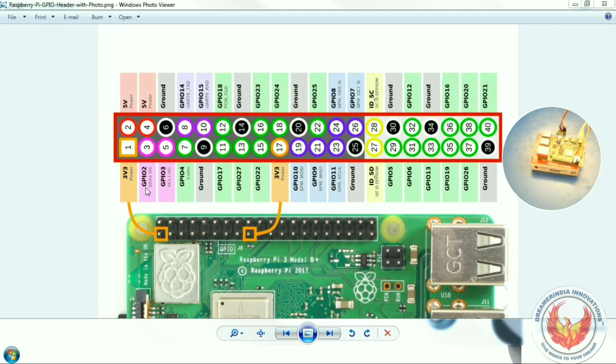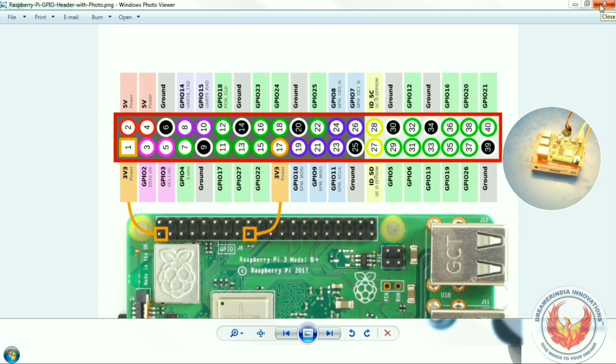And here you can see GPIO 2 and GPIO 3, right? These are SDA and SCL, along with ground. We need to connect the SDA of the sensor to the SDA of the GPIO and the SCL of the sensor to the SCL of the GPIO, and we have to give the power supply VCC and ground. So this is only a four-wire connection. You can leave the interrupt and other connections, which you can use with other boards like Arduino or any other microcontroller. For connecting with the Raspberry Pi, only four wires are sufficient. So this is how the sensor can be connected.